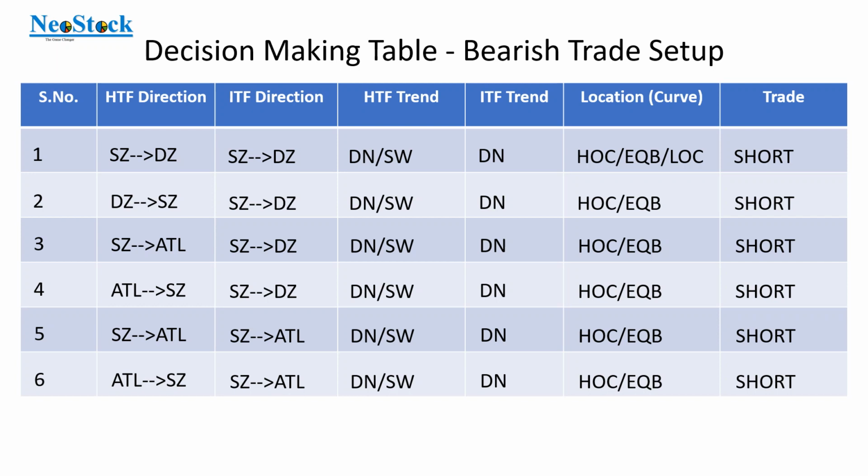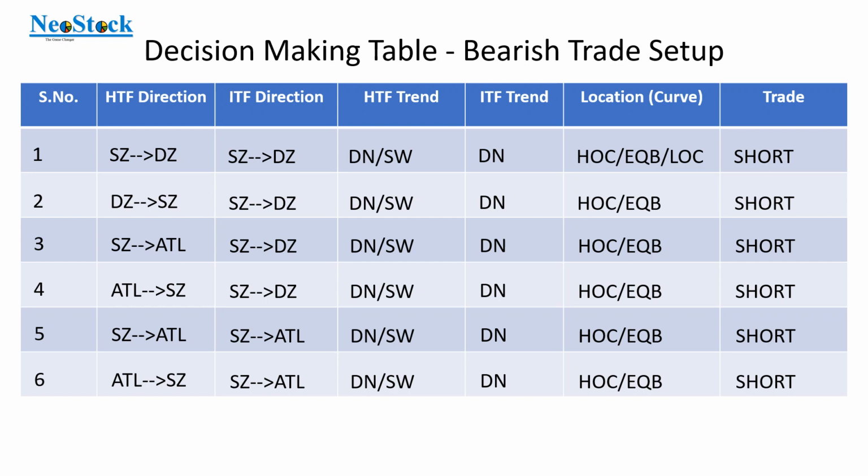And this decision making table already helped in identifying the zones having higher success rate. Apart from that, there is one more concept you will be learning, that is odd enhancers. Once you learn, that also confirms the quality of the zone. Even though the trend is very good, price direction is excellent, location is excellent,